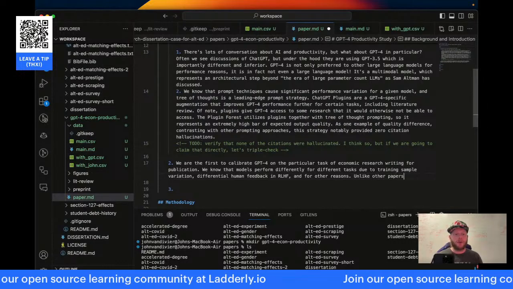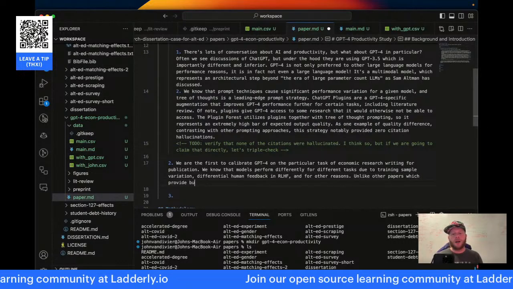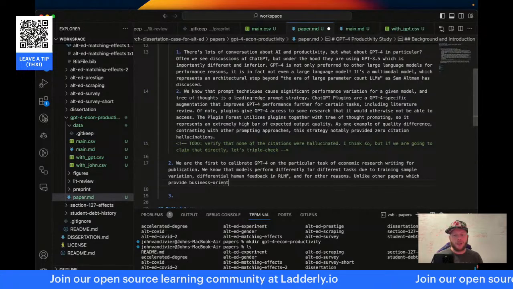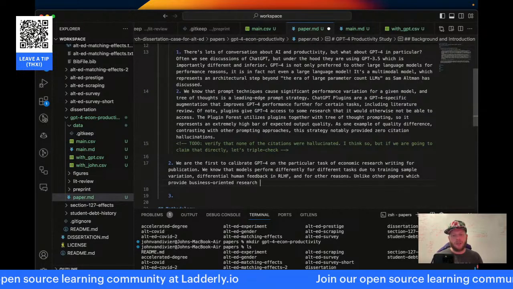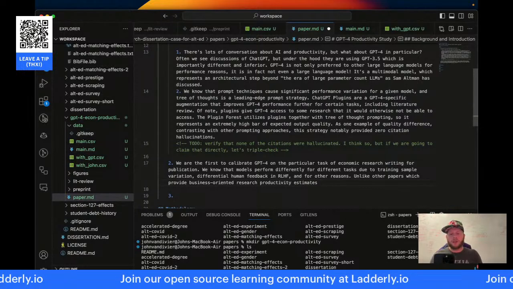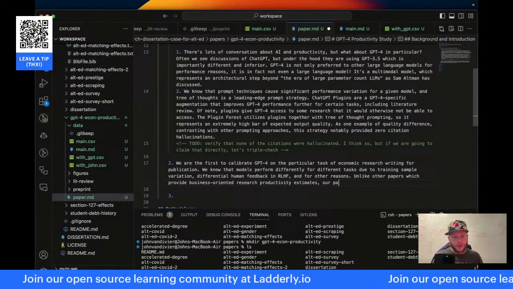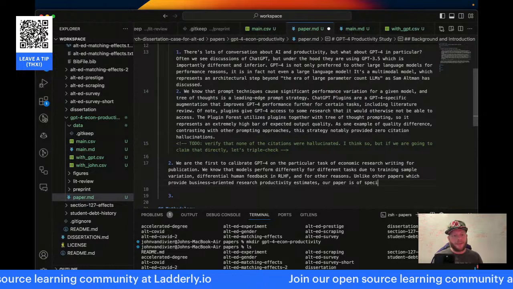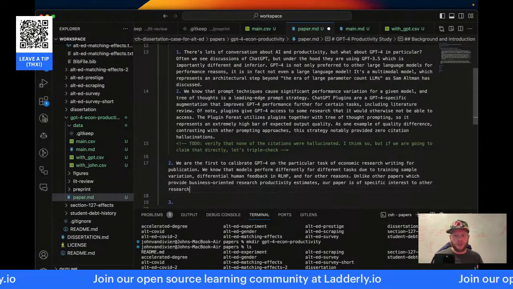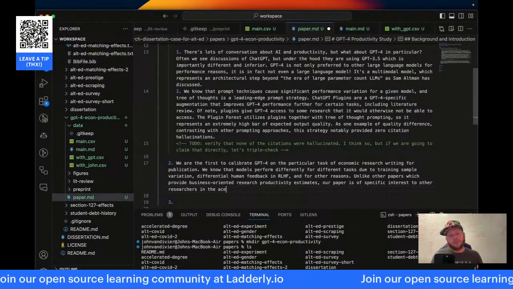Unlike other papers which provide business-oriented research productivity estimates, our paper is of specific interest to other researchers in the academy.